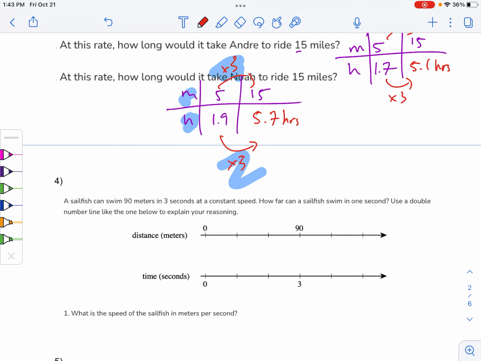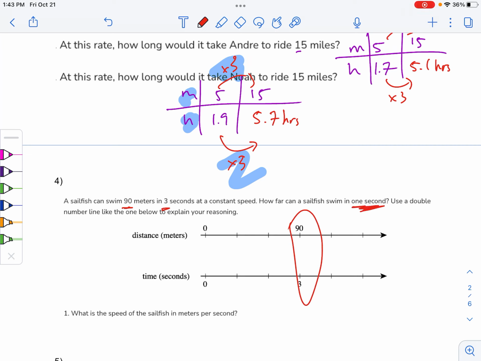Speaking of dandy, let's talk about number 4. A sailfish can swim. I'm not sure what a sailfish is, so you're welcome to pause this video and look it up. Maybe Google sailfish, see if it looks good on a sandwich or just to have in a fish tank. Anyway, I digress. Can swim 90 meters in 3 seconds. Oh, that's right here. How far can it swim in